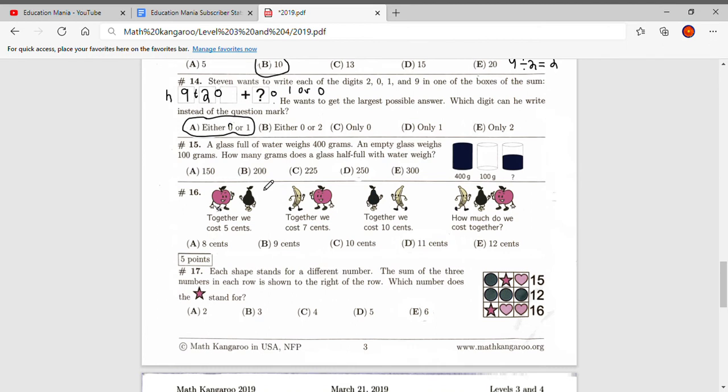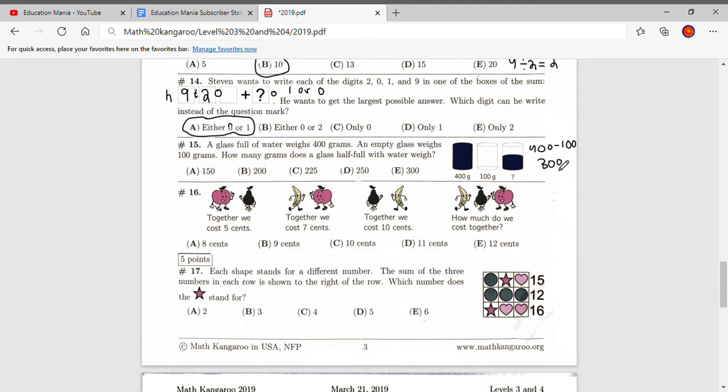Number 15. A glass full of water weighs 400 grams. An empty glass weighs 100 grams. How many grams does a glass half full with water weigh? A lot of people will go ahead and say, oh, it's 400 grams for a full, so when we divide it by 2, we just get 200. But no, that's not how you're going to do it, and B is incorrect. Notice how the glass weighs 100. So 400 minus 100 equals the water in this 400 grams, so the water here actually only weighs 300